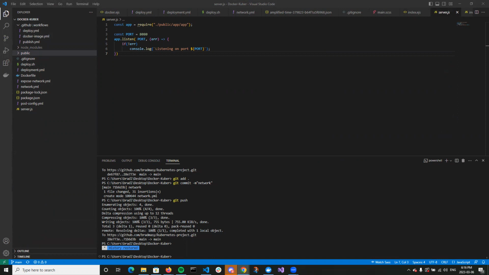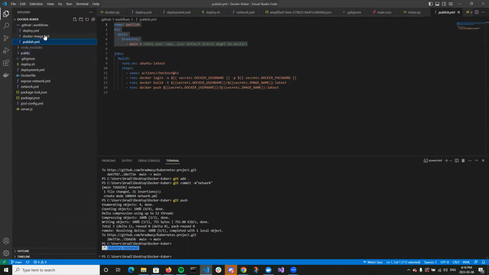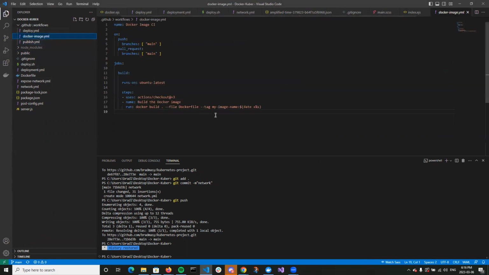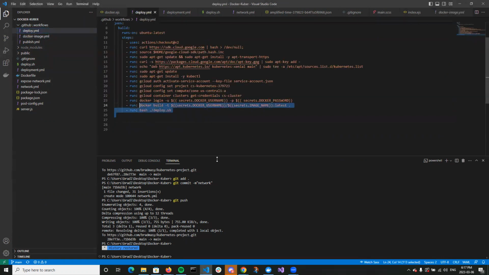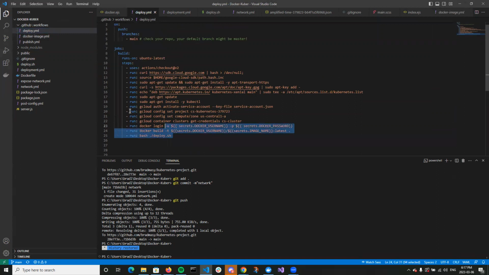I was trying a different approach before, but I just had to change the repository, so I have to add a couple of secrets to make everything work again. This one publishes my image to Docker Hub, this one creates the image, and this deploy one was my old script for putting it onto Google Cloud. But there were some issues with the gcloud install off the bash and the shell here.